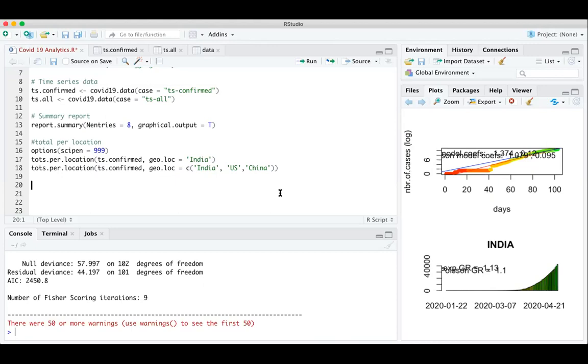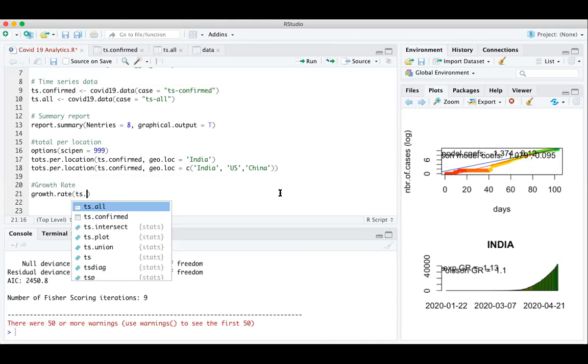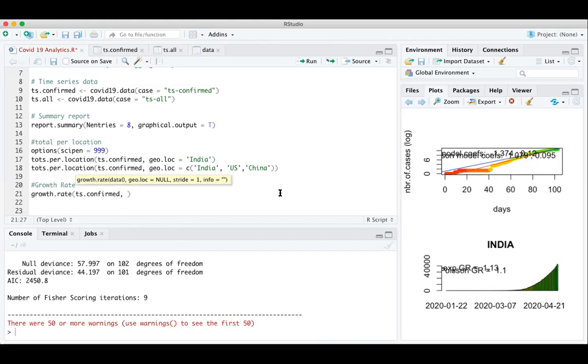Now let's see the growth rate. For the growth rate, let's take it for confirmed cases, because that is going to provide us with the data, and on a geographic location, let's say India.